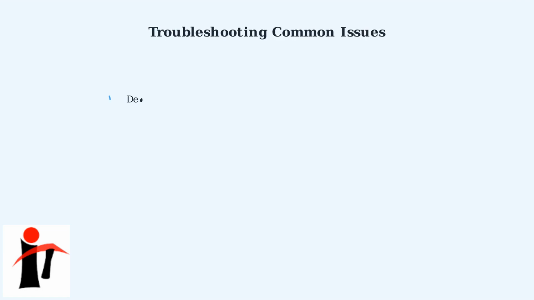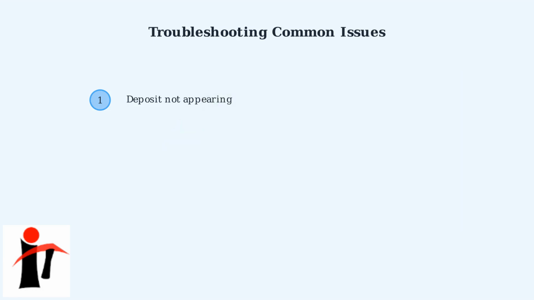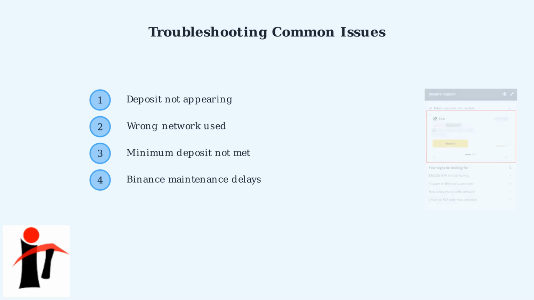If your ETC deposit doesn't appear after a few minutes, first double-check the transaction hash on an Ethereum Classic block explorer. If the transaction is confirmed on the blockchain but not showing on Binance, contact Binance support through their support interface. Common issues include using the wrong network when sending ETC, or sending less than the minimum deposit amount of 0.01 ETC. Binance paused ETC withdrawals briefly in Q2 2025 due to network congestion, so be aware of possible delays